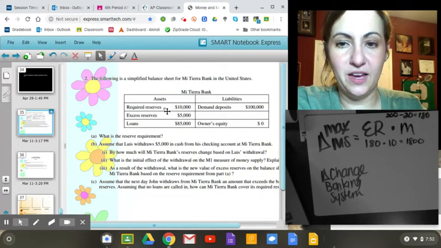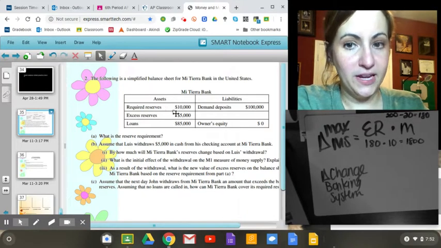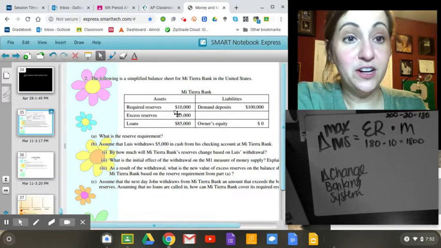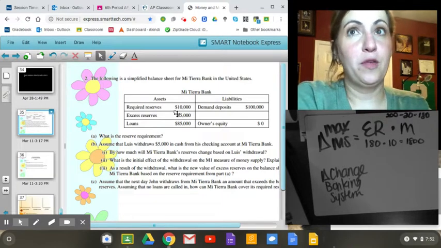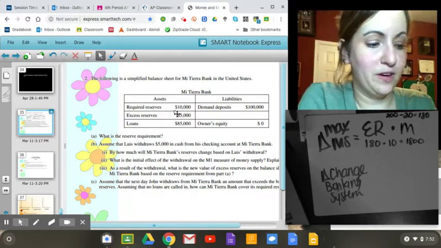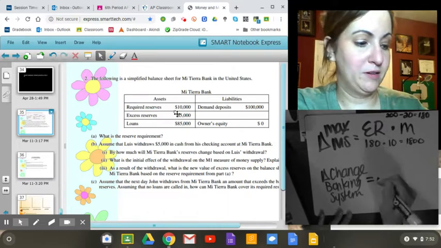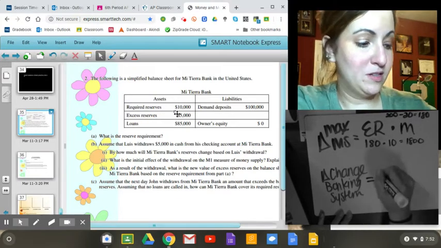But you see that the bank has the required reserves and it has excess reserves. The entire deposit, all of your deposit, whether it's 90% here and 10% there, or 80% here and 20% there, the entire bank has all of your deposit. So the change in the banking system is the deposit